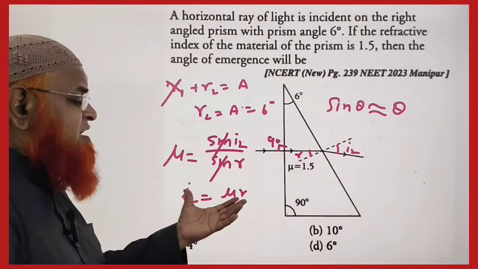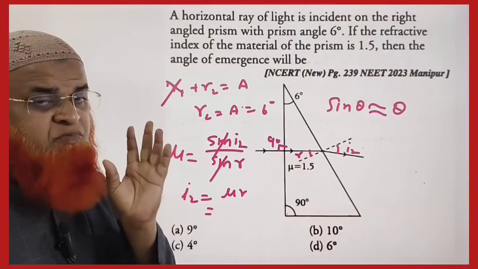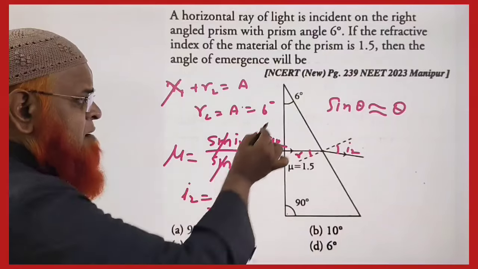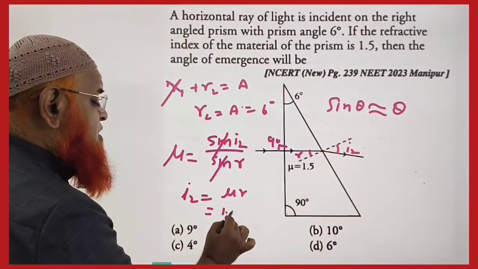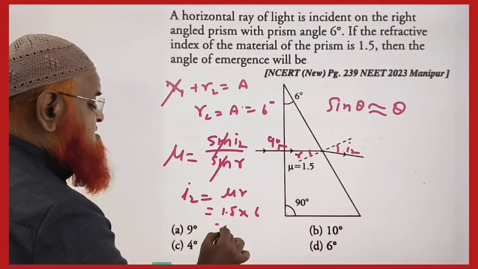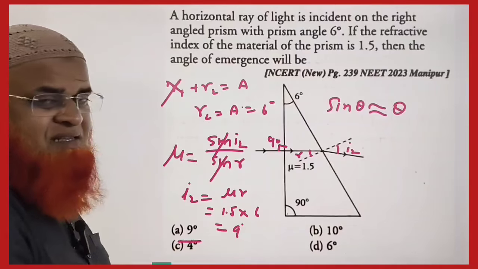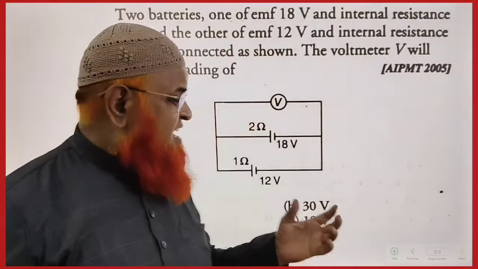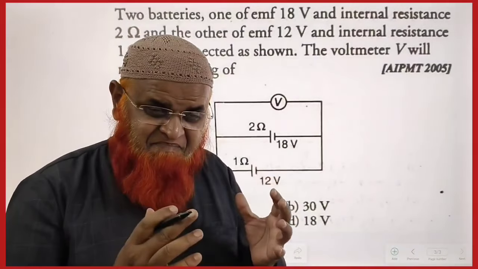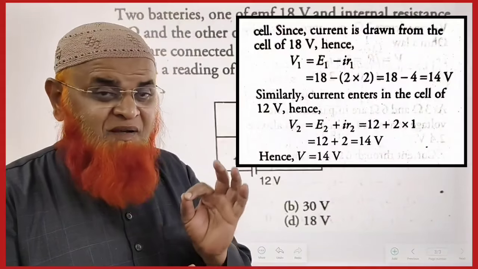बस इतना सा शॉर्टकट याद रखेंगे ना तो आप सेकंड्स में सॉल्व कर सकते हैं, सिर्फ 1 सेकंड के अंदर। बस इन दोनों को प्रोडक्ट करना है, 1.5 इंटू R, दैट इज नथिंग बट 9 डिग्री इज योर आंसर।